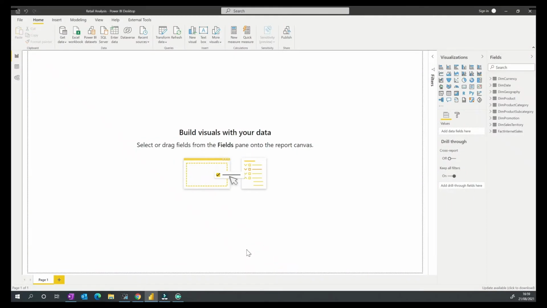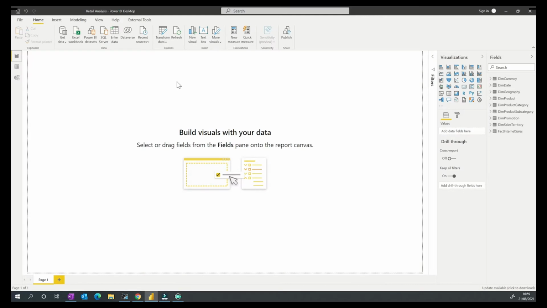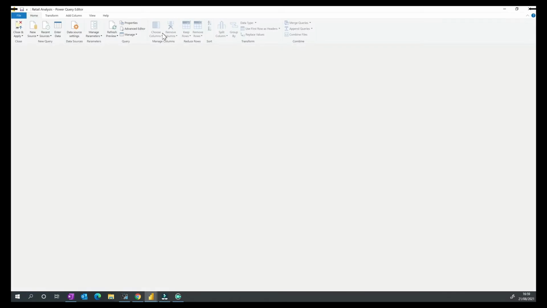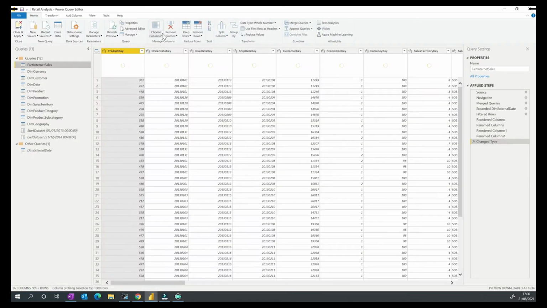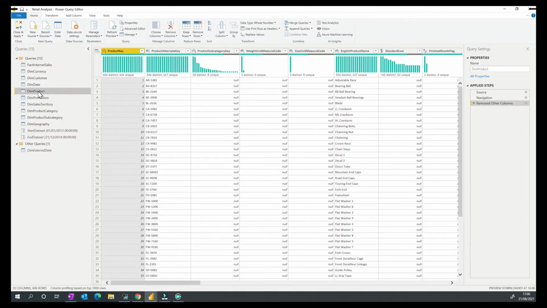So we are back in Power BI Desktop and we are connecting to an AdventureWorks database again to showcase these performance tips. From here, we're going to go to Power Query, which of course is a data transformation component of Power BI. So we're going to click Transform Data. And once we're in Power Query, we are going to go and select our DIM product. And we can see that we already have some transformations in here by looking underneath the applied steps on the